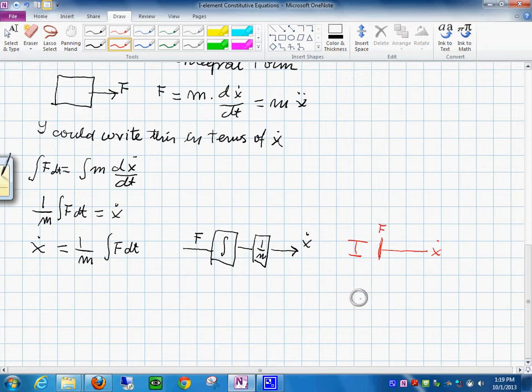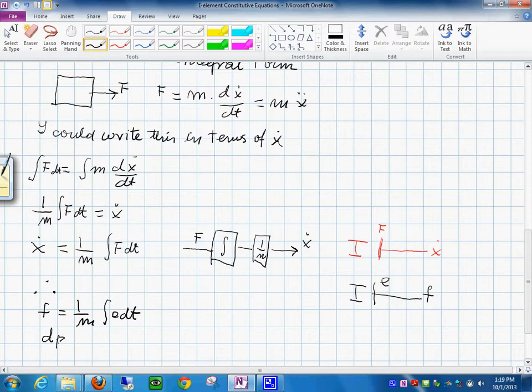So isn't it true that we generalize the notation in here and we say I is equal like this, and this is of course E, and this is F. So consequently, if I rewrite these equations in generalized form, I'm writing that F is equal to 1 over m times the integral of E dt, and I also write that dp dt is equal to